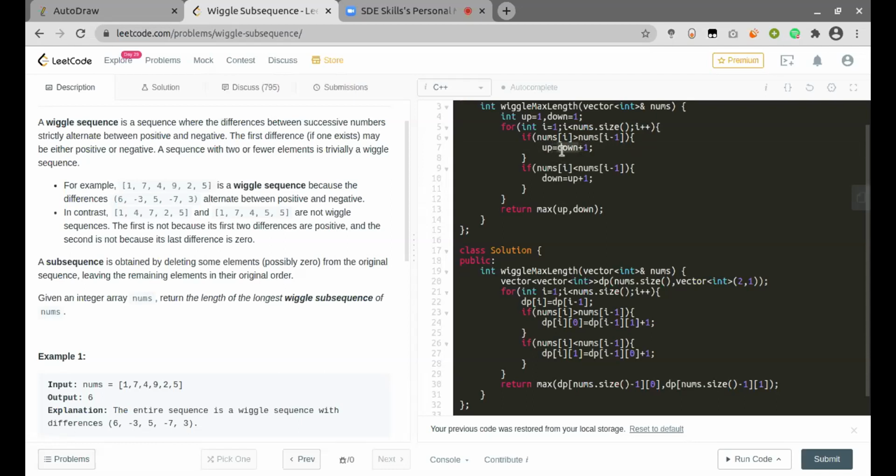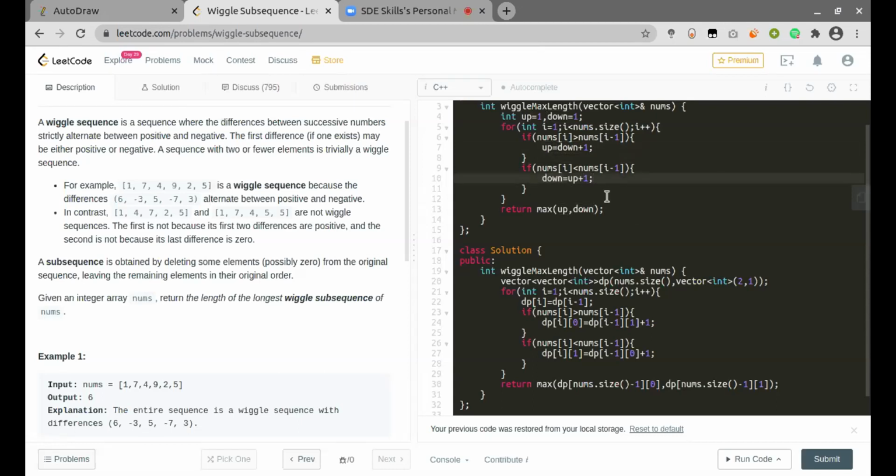So down denotes the previous sequence ending with decreasing adjacent elements at the last two values of the particular subsequence. And if it is a decreasing one, I'll take my up plus 1 and update my down one.